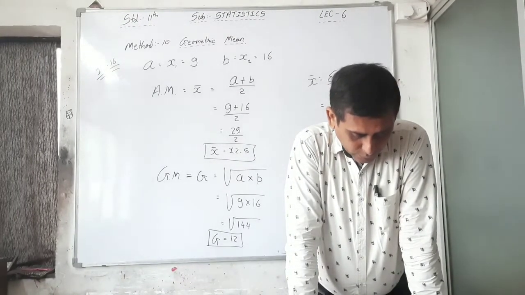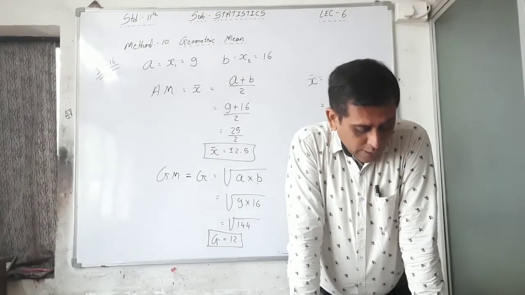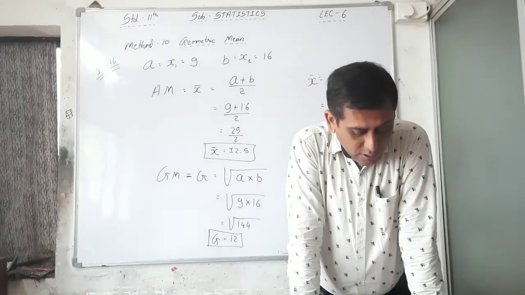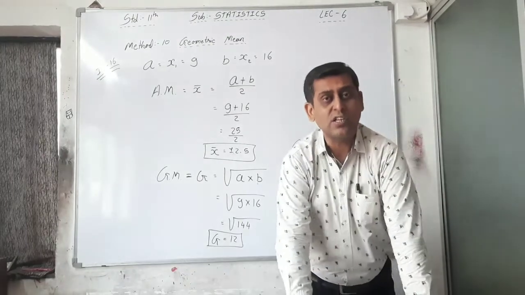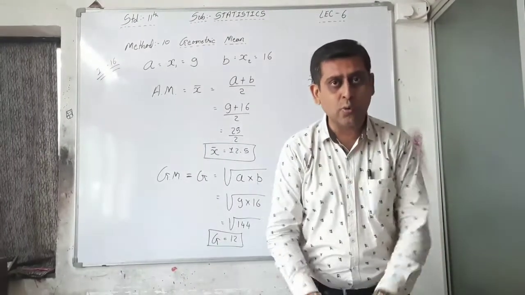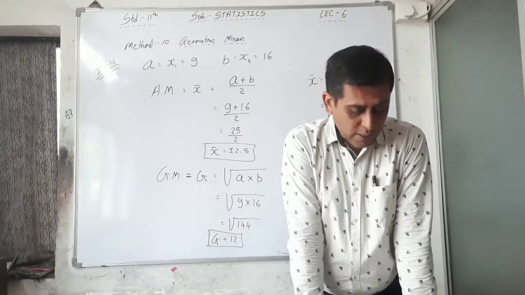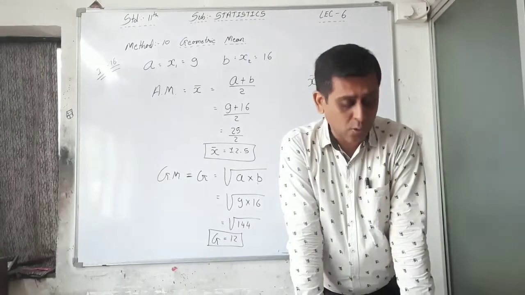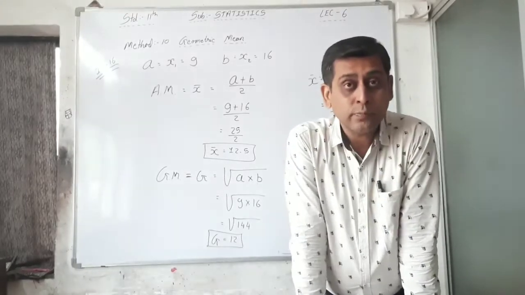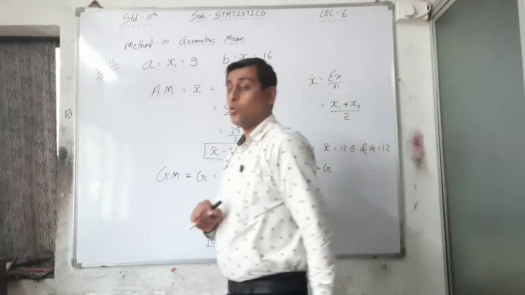First one: the data of each student is given. This is ungrouped data, and find the average number of books read using geometric mean. See, here the word geometric mean is given, so you don't have to think anything about that, and you just have to multiply these and find the 8th root. See, the new thing is there, you have to find the 8th root.